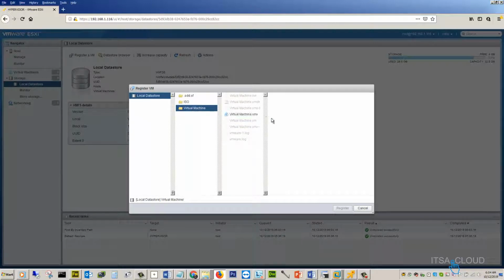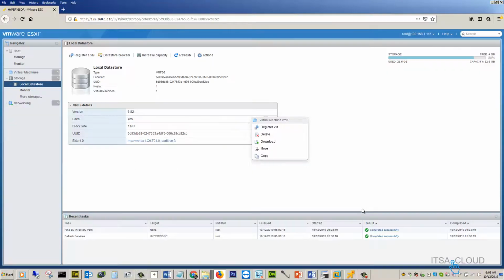For example, you go into the VMX file, right click and restore VM, and this VM is gonna start up like nothing. If everything is compatible, the VM is gonna restore into this host and power on with no problem. All right, let me cancel this. Let's see. You can see the storage, the free space that you have. Okay, let's go to monitor.